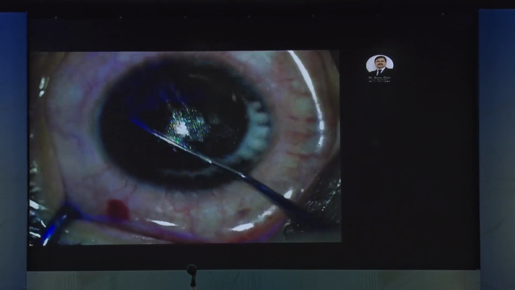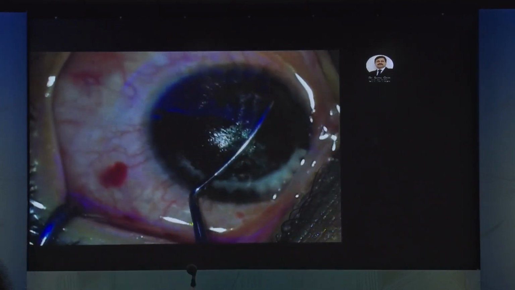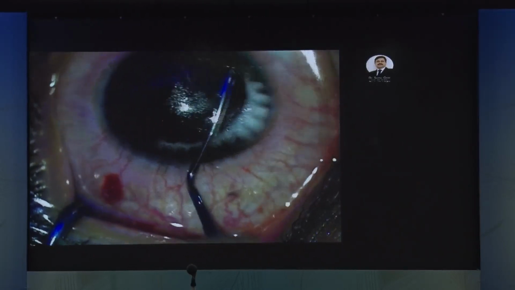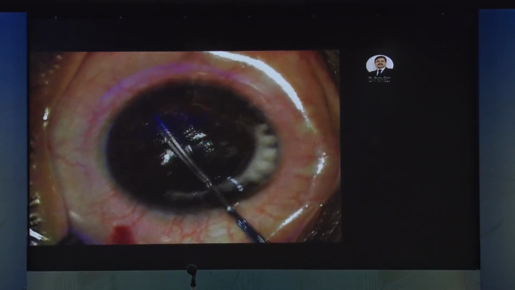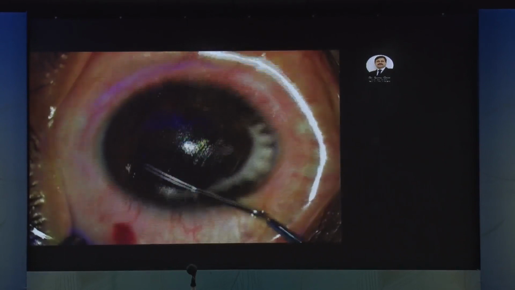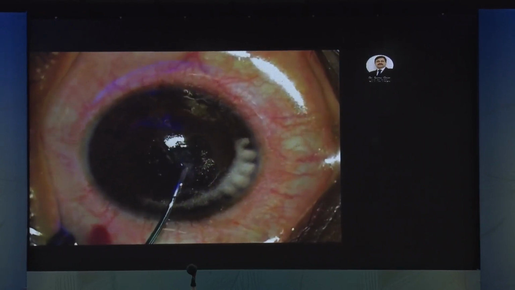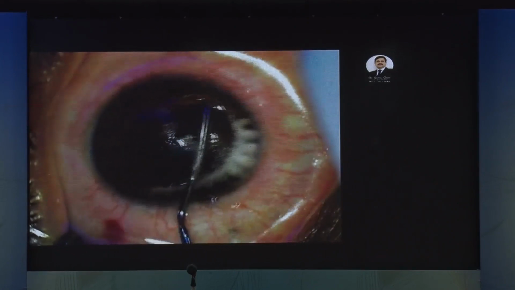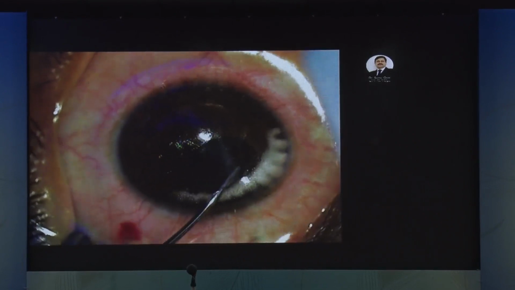So even with the odds of the conditions, SMILE is very forgiving, and redocking of the patient can be done most of the times, except if you cross 10% of the lenticule cut before the side cuts. Sometimes you can have a flap which has been separated from one side, so you can again go in between and try to separate, because retained lenticule can again be very, very annoying.